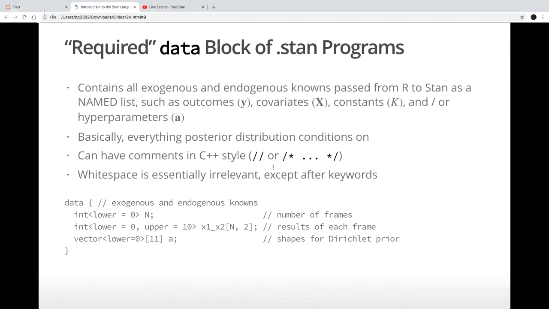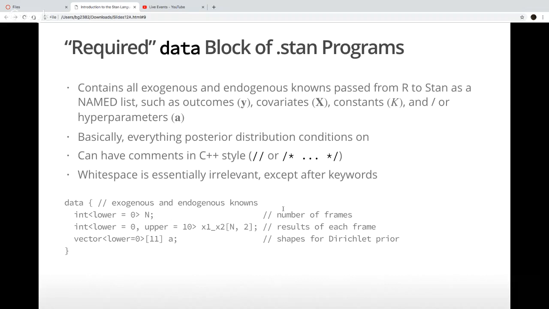You can have comments anywhere in a Stan program with either of the C++ styles. Unlike Python, white space is pretty much irrelevant, although you do have to have white space around keywords. So anyway, a typical data block might look like this, although they're often bigger. But for the bowling model, we're going to have n, which is the number of frames.